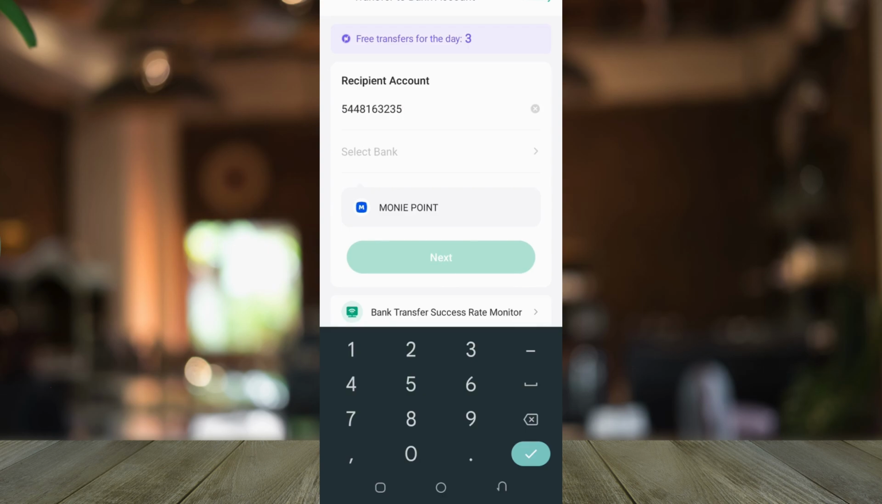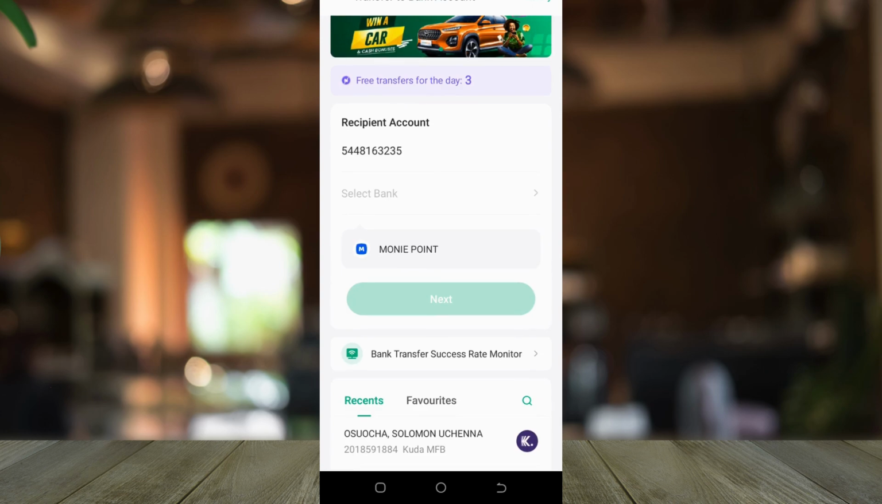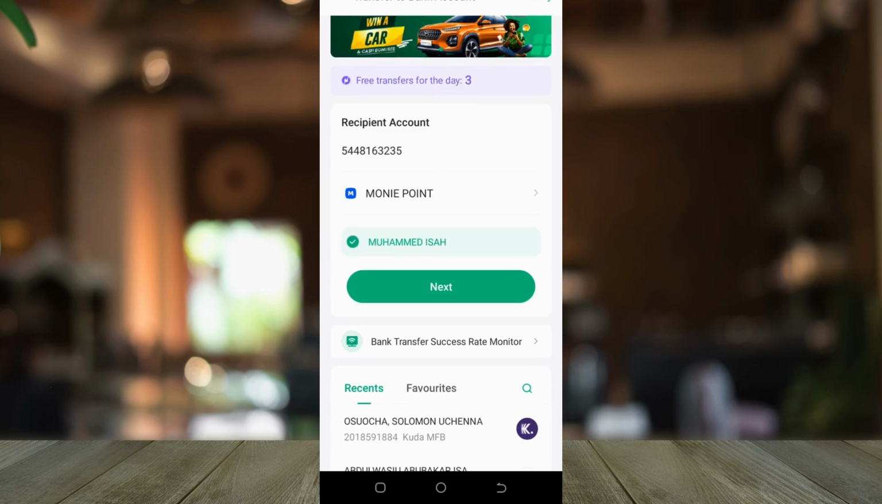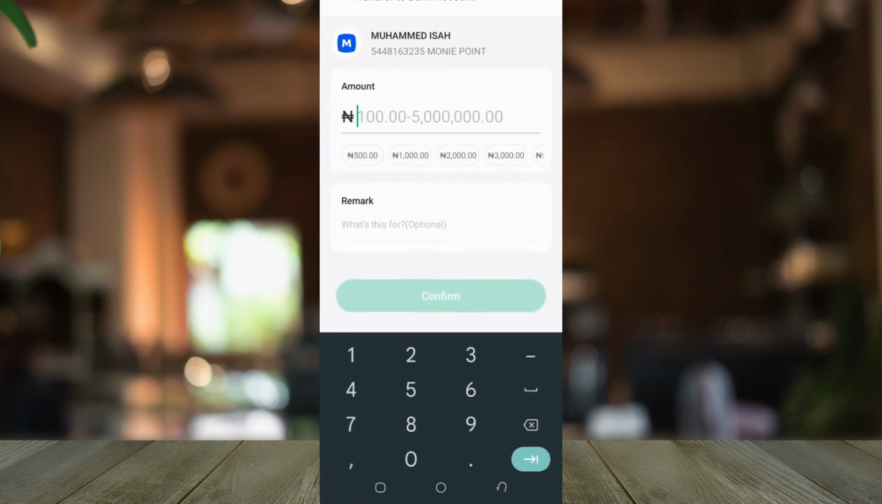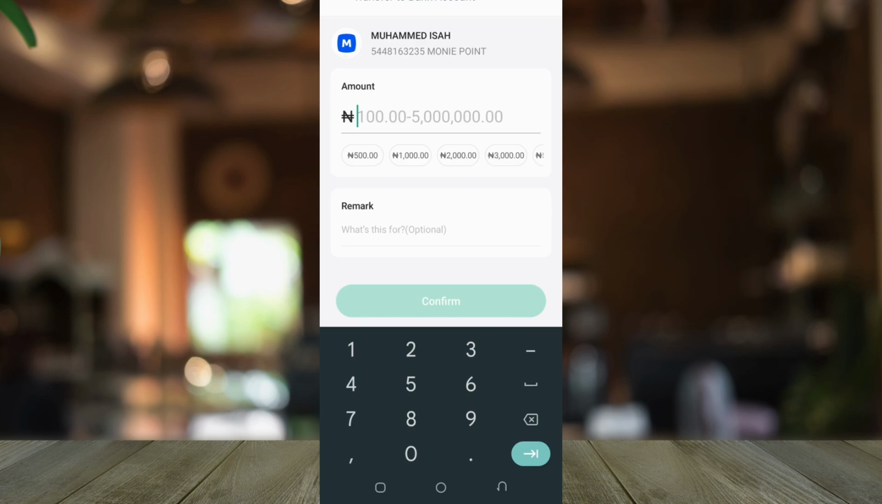The bank name is Money Point. I'm going to select that, and the account name is this. It's correct. So click on next. Once you click on next, it's going to ask you the amount you want to transfer